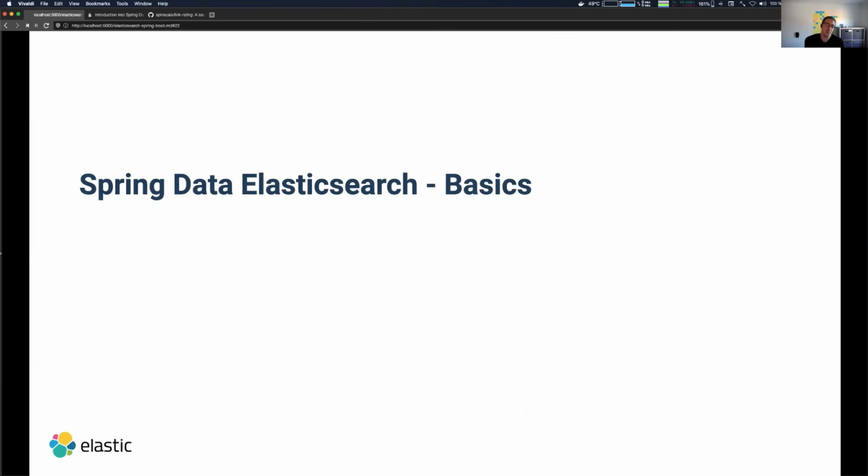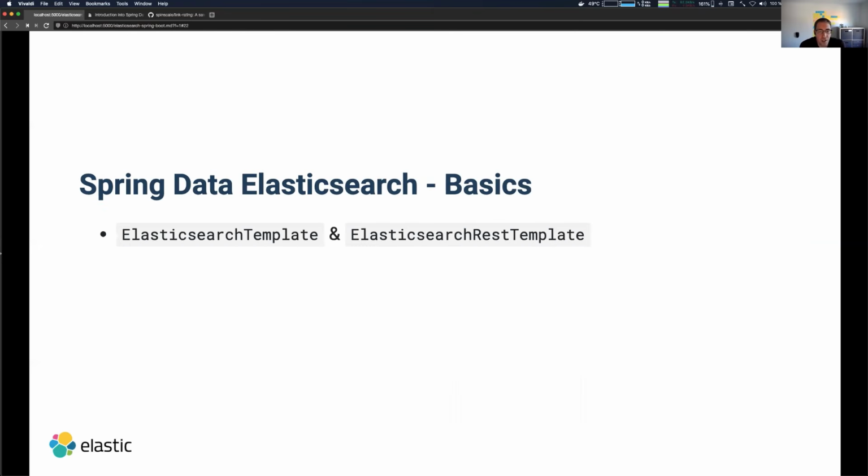So let's talk about a few basics of Spring Data Elasticsearch. If you've ever dealt with Spring Data in specific, you know that there are so-called template classes. Template classes allow you to basically execute CRUD operations. If you use this, always make sure you use the so-called Elasticsearch REST template, because